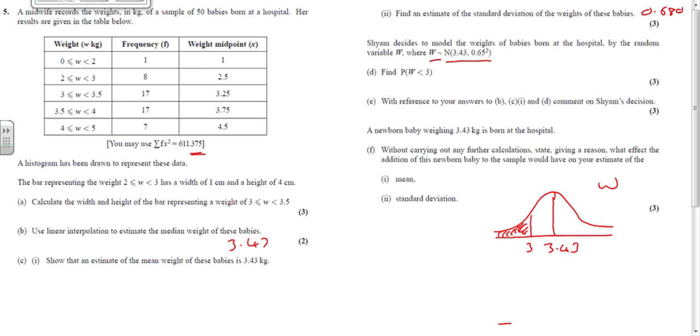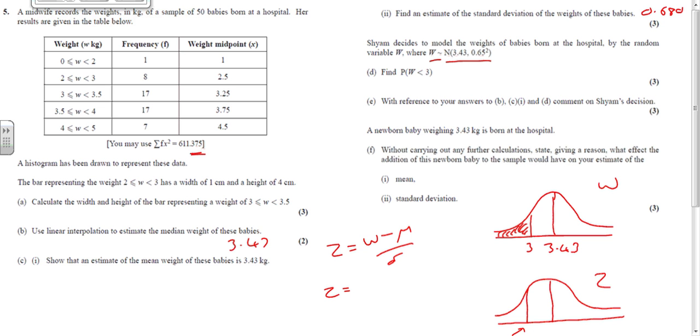Once we've got our W curve, we don't know any information about it other than what we've got written down there. So we try and draw an identical curve, but call this one the Z curve, and I want to find out what this corresponding value here is. The way you work that out is to take your value, take away the mean, and divide by the standard deviation. So our Z value is going to be 3, take away our mean, which is 3.43, and divide by the standard deviation, which is 0.65. If we do that, we get 3 minus 3.43 divided by 0.65, and we get